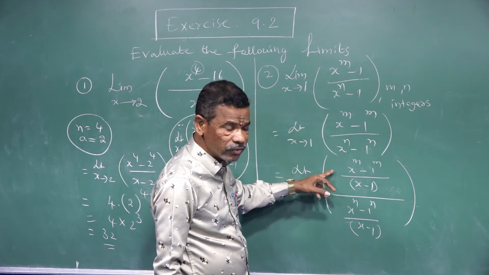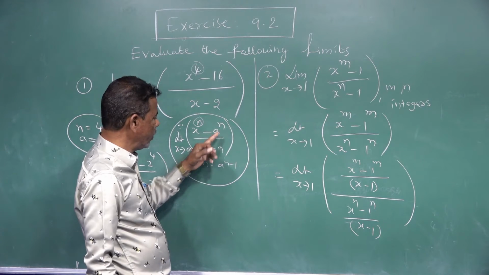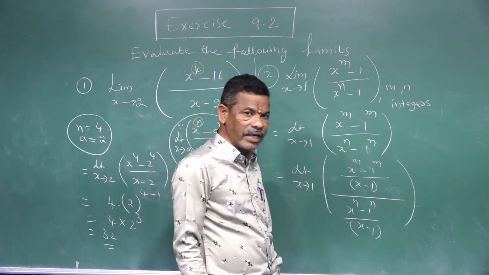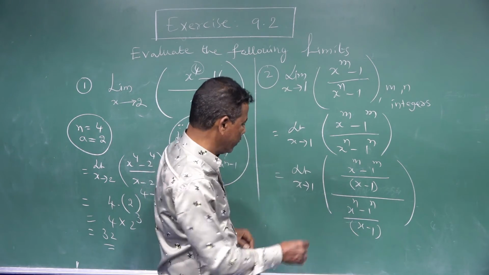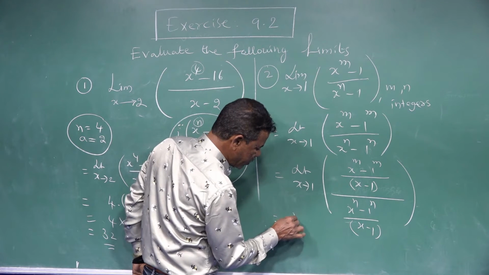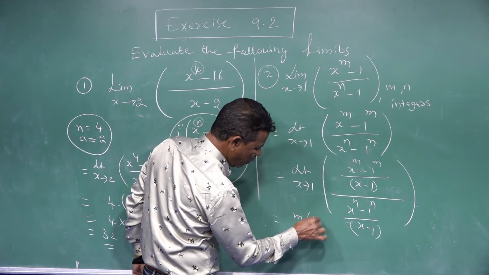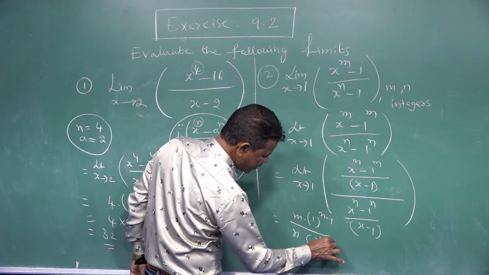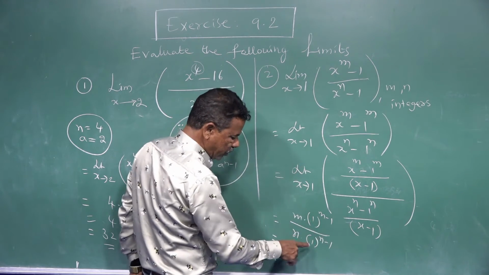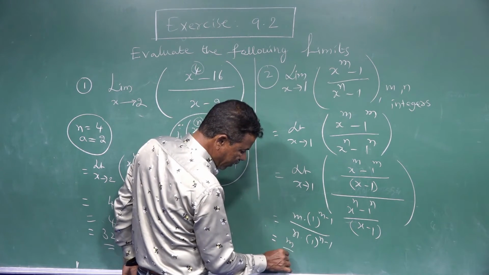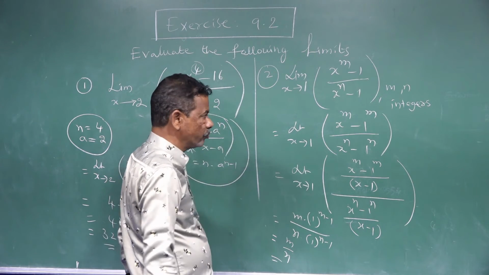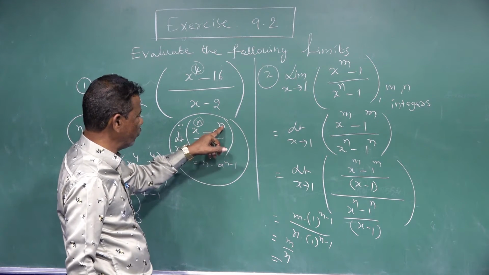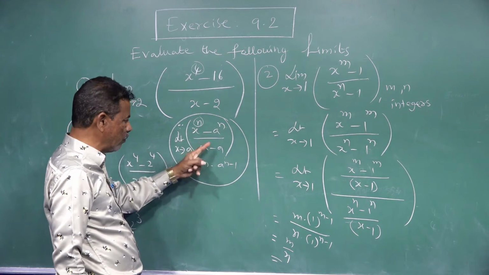But it is in the form of x power of n, a power of n, x minus a. So instead of n, here m is there, here n is there. According to this formula, n means m into a, 1 power of m minus 1. Here n, 1 power of n minus 1. So 1 power of something is 1, here also. Finally m by n is the right answer. We check this formula accordingly: x power of n compulsorily minus a power of n. Here x minus a only, not powers.